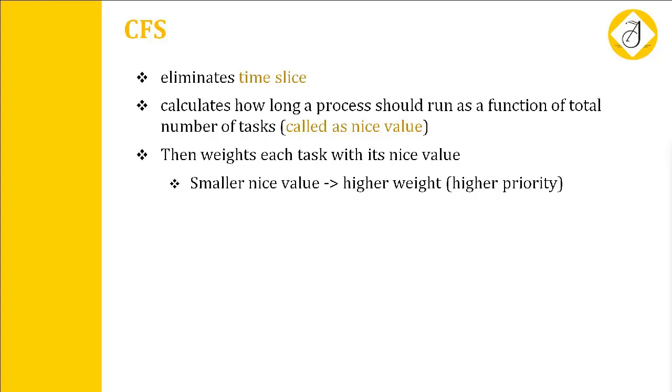Instead of using the time slice, all tasks are allocated a portion of the processor's time. So now the completely fair scheduler calculates how long a process should run as a function of the total number of tasks. If n is the number of runnable tasks, each process gets 1 by n